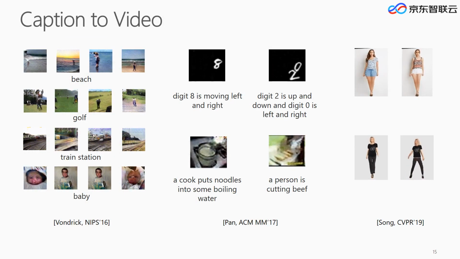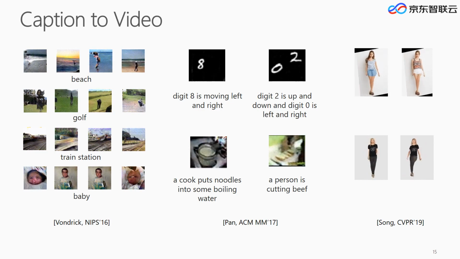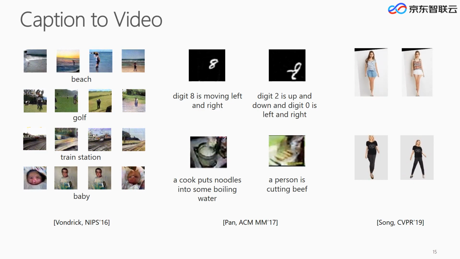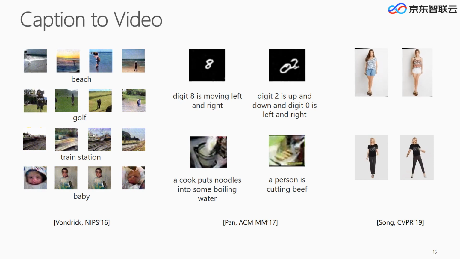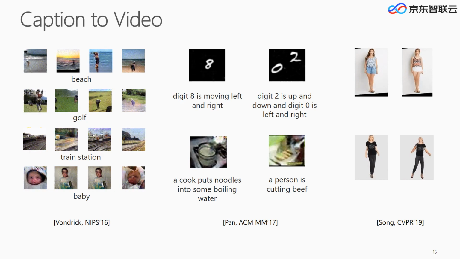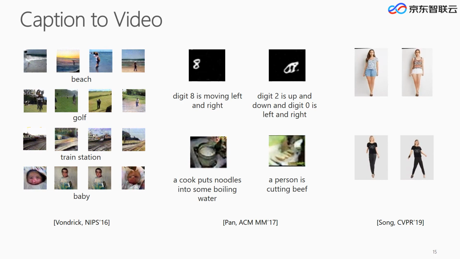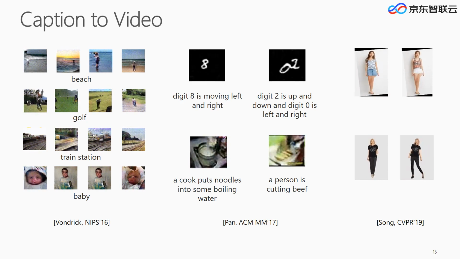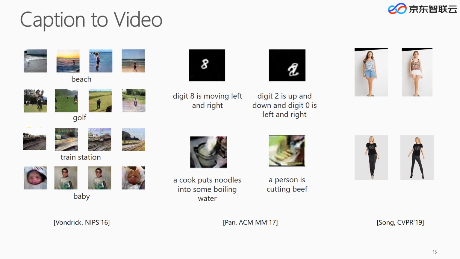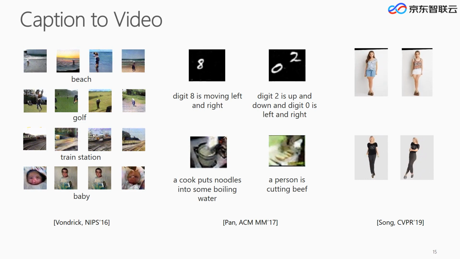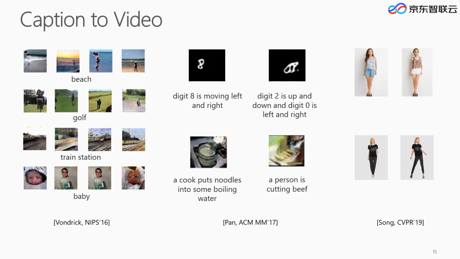Take the language to video generation, for example. The advancement is relatively large considering the visual quality and the temporal consistency. From the very beginning, the GIFs generation, the digit, and human motions. In general, there are two critical issues in video generation. The first one is smooth temporal coherence across video, and the other one is the semantic consistency between the captions